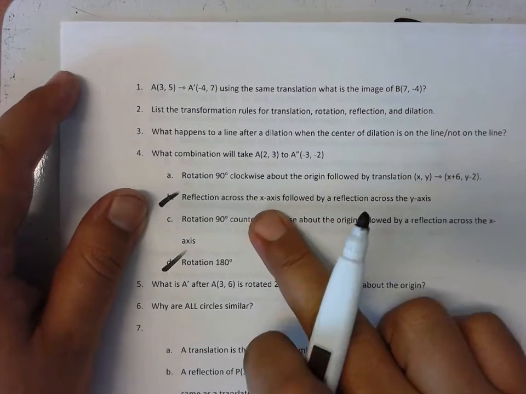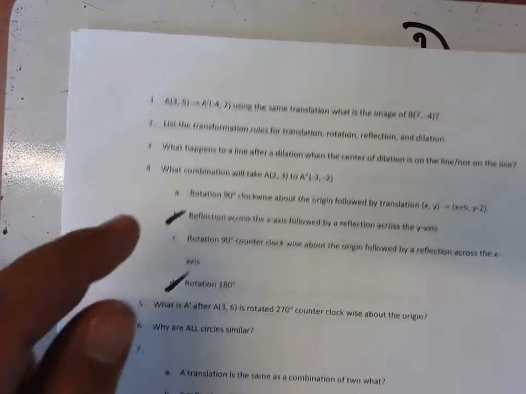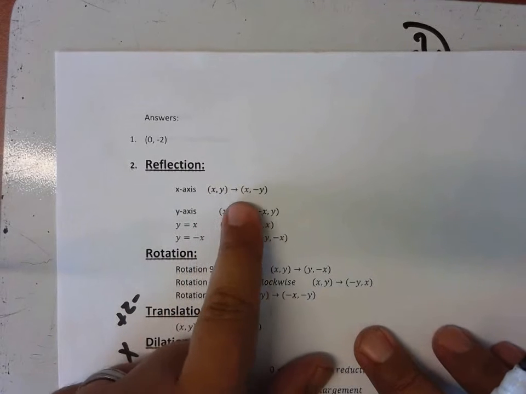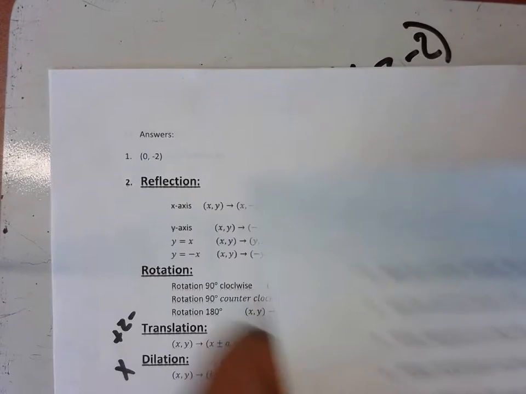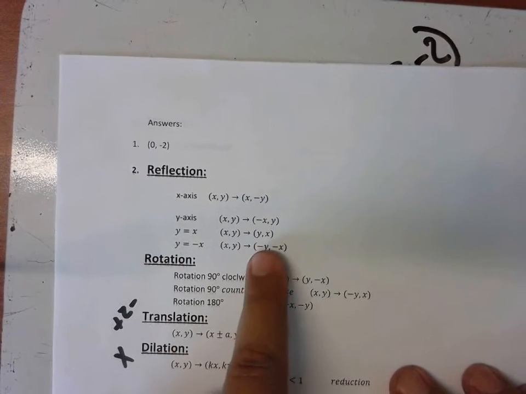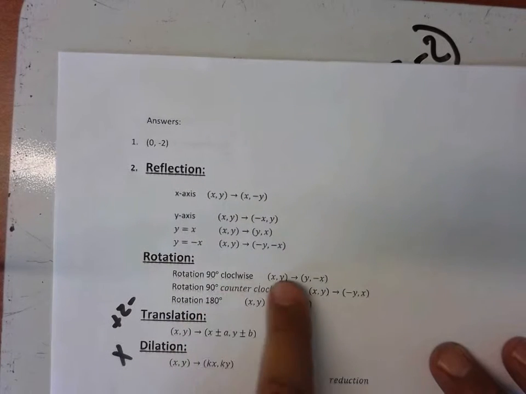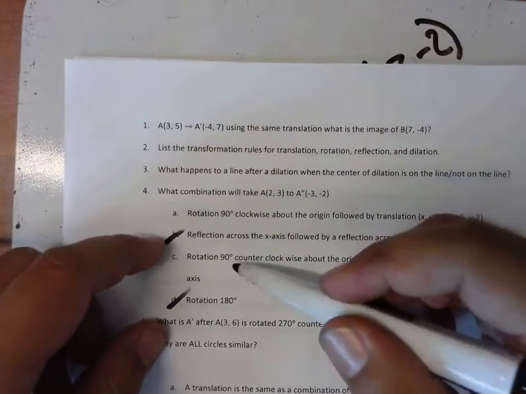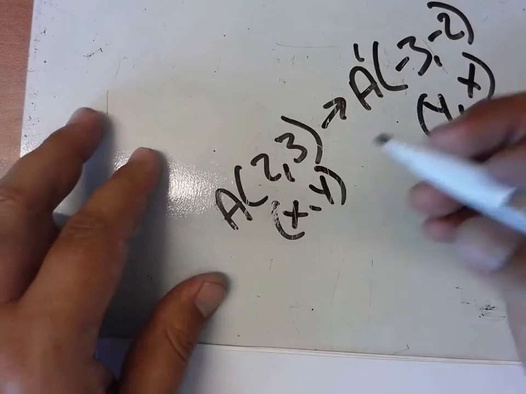B, reflection across the X-axis, and reflection across the Y-axis. Those both keep X comma Y, X comma Y. I need something that's going to flip them. Y equals X flips them. Y equals negative X flips them. 90 degrees clockwise and 90 degrees counterclockwise flips them. Those are the only 4. So if you go back to your answer choices, both A and C have 90 degree rotations. 90 degree clockwise,